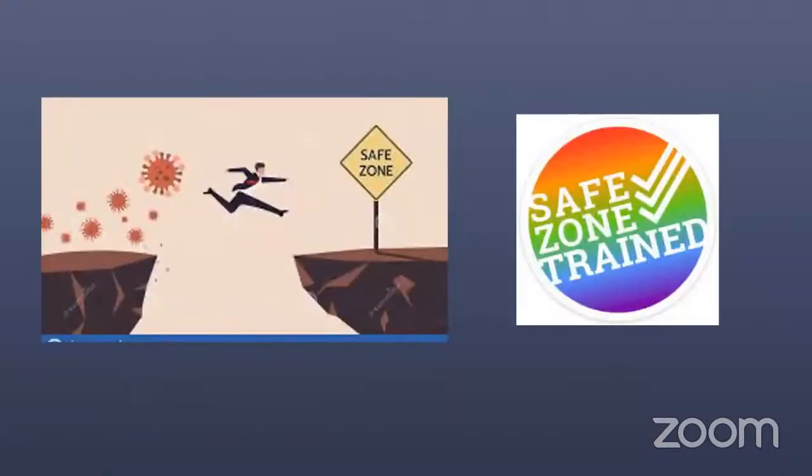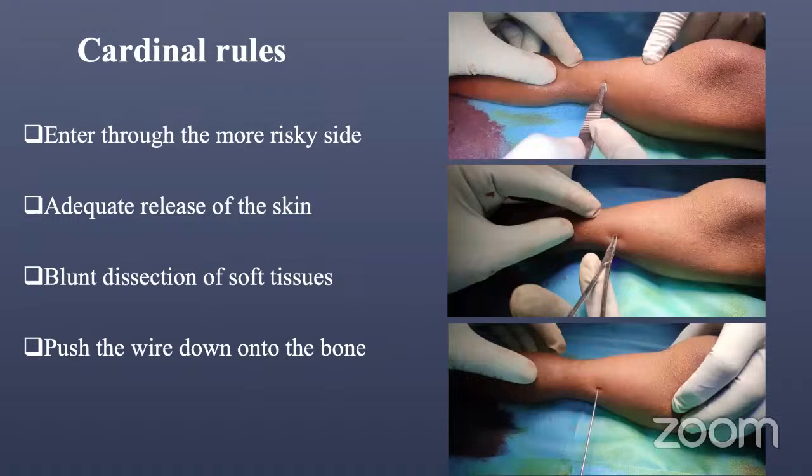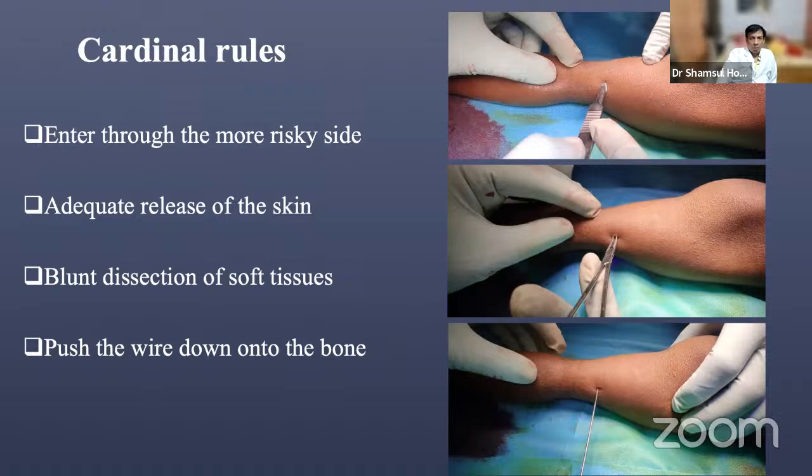So these complications could have been avoided if one is aware about the safe zones, and we will be discussing the same in this presentation. But before that, there are some cardinal rules irrespective of the anatomical region. For example, one should enter through the more risky side, that is the side where the neurovascular structures